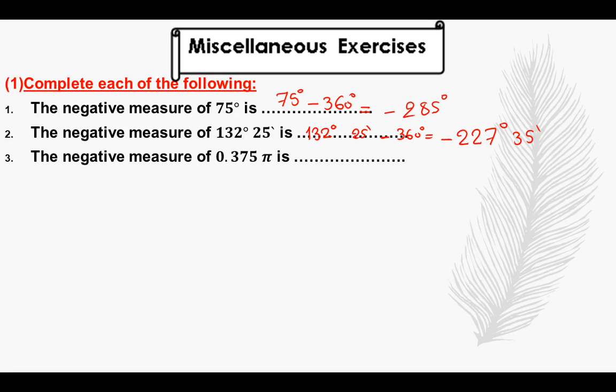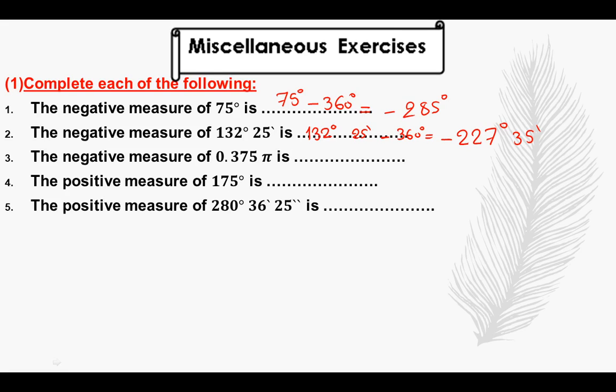Again, the negative measure of 0.375 pi. Pi, again, we are going to talk about it in the next lesson. The positive measure of negative 175. Okay, here we want to find the positive measure. Here negative 175 is the negative measure, and we want to find the positive measure, so we will add 360. So it will be negative 175 plus 360 degrees. Okay, by using your calculator, negative 175 plus 360 degrees equals